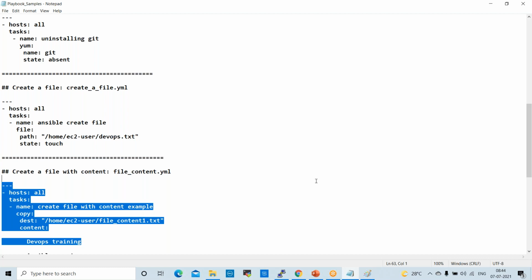For example, if you want to copy a file from one place to another, source path, destination path, permissions, owner, root, EC2 user, whatever you can give and try. While working on that on your own, you will get some knowledge.